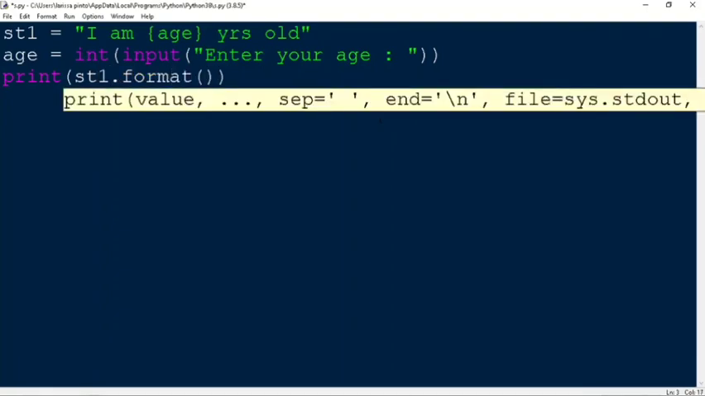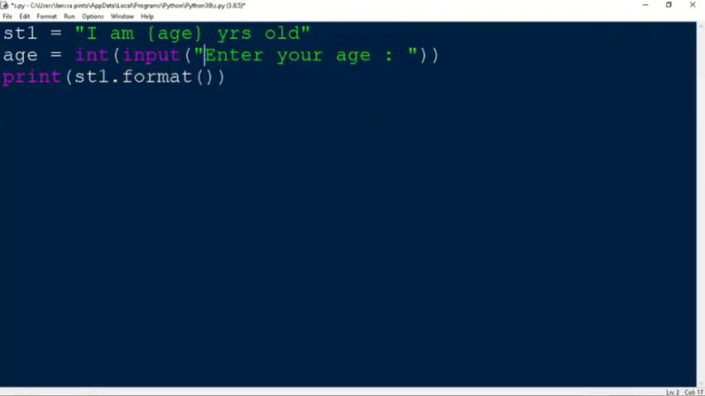I'll change the name in that bracket because it will be confusing otherwise. So I'll write ip_age. So st1.format. The syntax for the format function is whatever the string is that wants to be formatted, in that variable dot format,